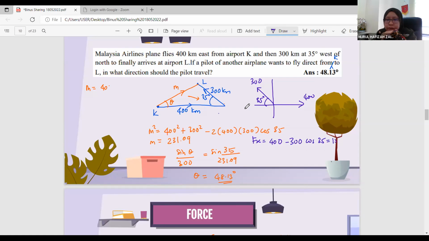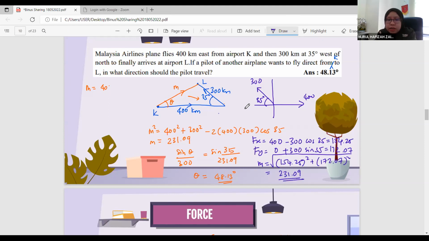So I get 154.25. Fy is 0 plus 300 sin 35. So I get 172.07. Just a minute, I need to check this. 300 sin 35, 172.07. Okay. So the magnitude here is the square root of 154.25 squared plus 172.07 squared. Okay, so I will get